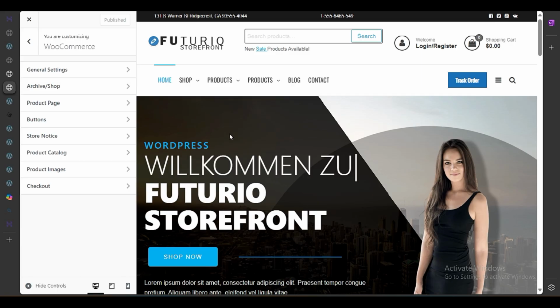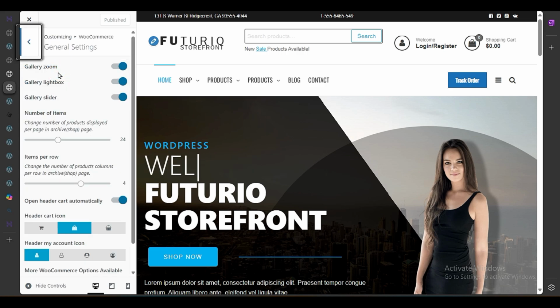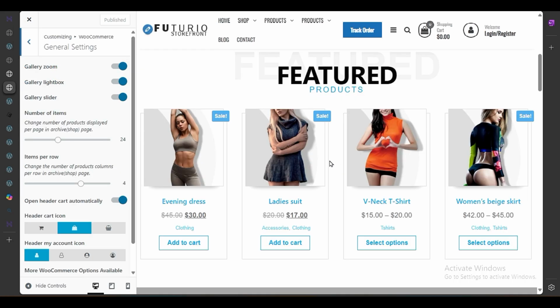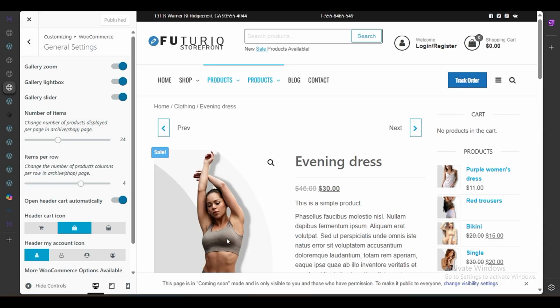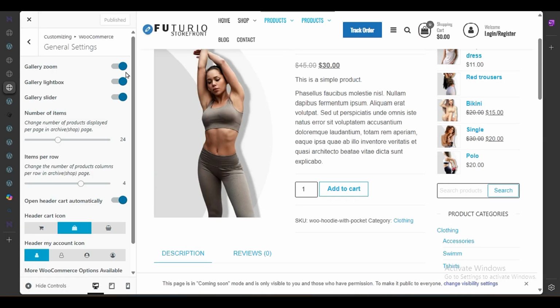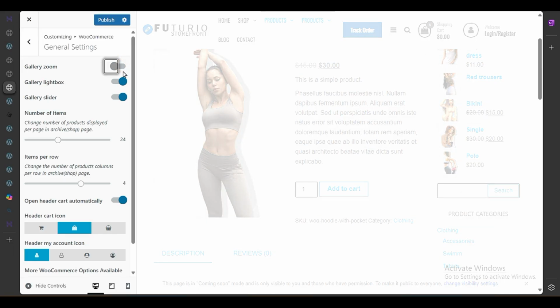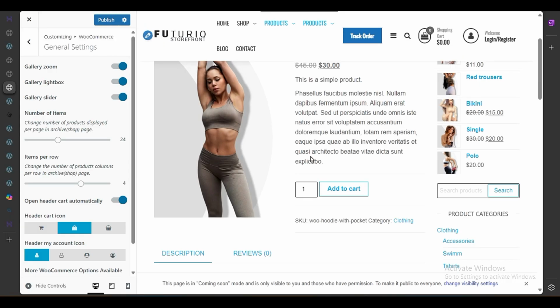For WooCommerce, we also have a different tutorial about how to make settings in WooCommerce. Just find the WooCommerce playlist. Let's click on general settings. These settings are for the e-commerce product areas, gallery zoom. So let me open my single product. If I hover here, this is the gallery zoom, as we call it. Gallery zoom is enabled. If I disable it, there is still zoom. So I think it's about the gallery